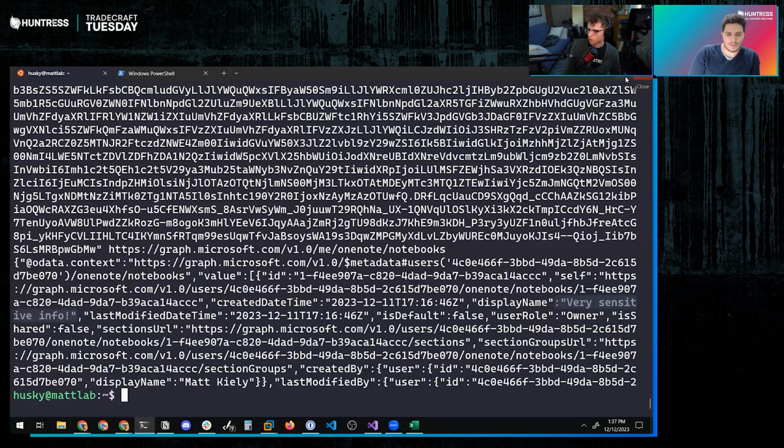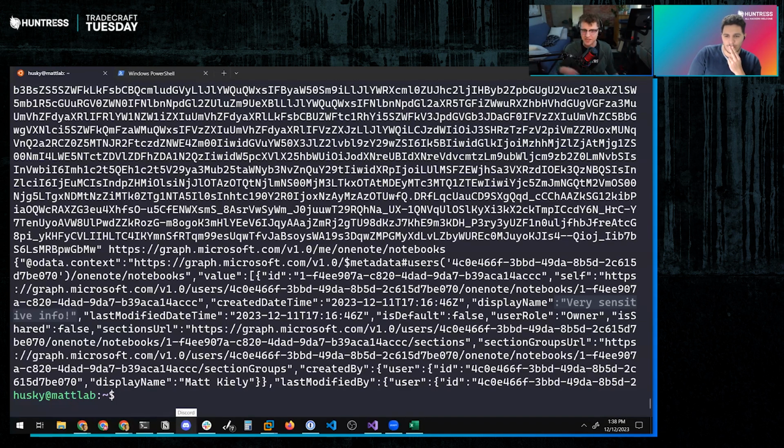And so that's another example of stealing authentication for an identity from an on-premise running process on an endpoint, and being able to use that to leverage into additional access. I can go into this notebook now. I can look around. I can see if they have stored any passwords in there.